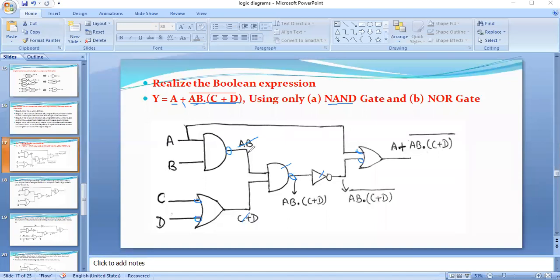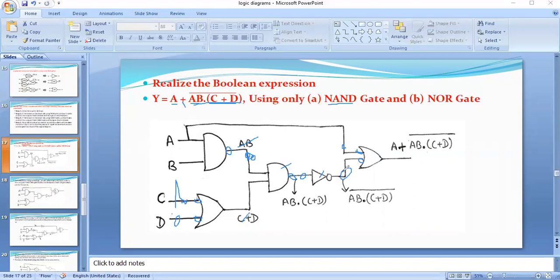See here what I'm doing. For the compensation, here I'm placing a bubble, meaning here I'm using an inverter, and in the same lines here I'm using an inverter. So here also I'm using an inverter, and here also I am adding a bubble. So in this line I am also using an inverter, and in this line also, and in this line also. So that is the next step.